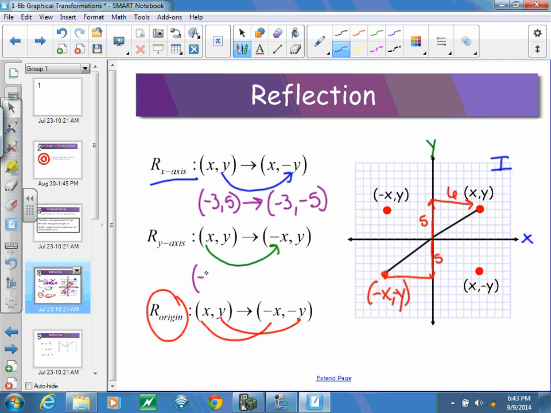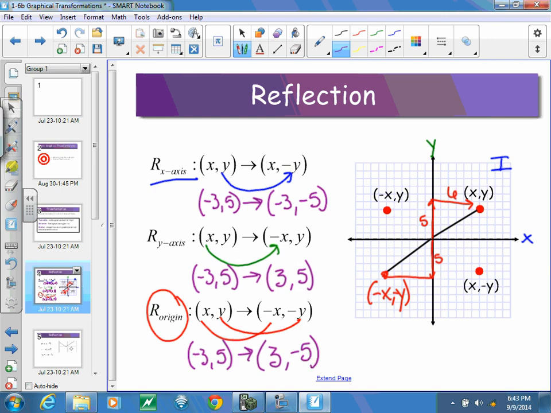If I take that same point, -3, 5, and I want to reflect it across the y-axis, your x value is going to become the opposite, so +3, and your y value is going to stay the same. Through the origin, if we have -3, 5, if I reflect that, our x value is going to become the opposite, and so is our y value, so now we get 3, -5. So there's our reflections